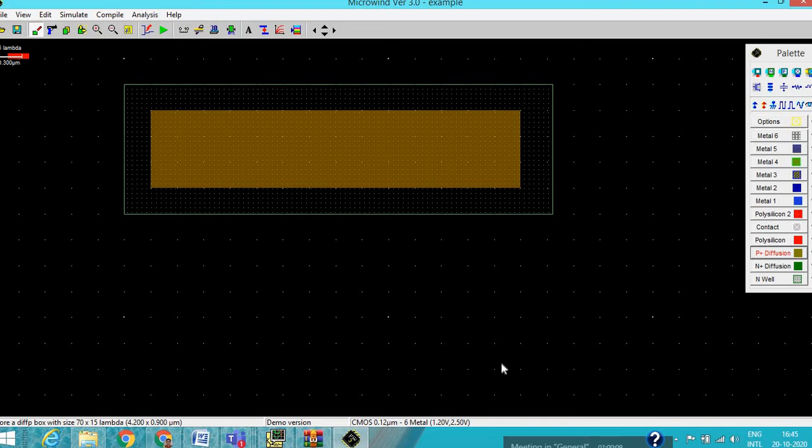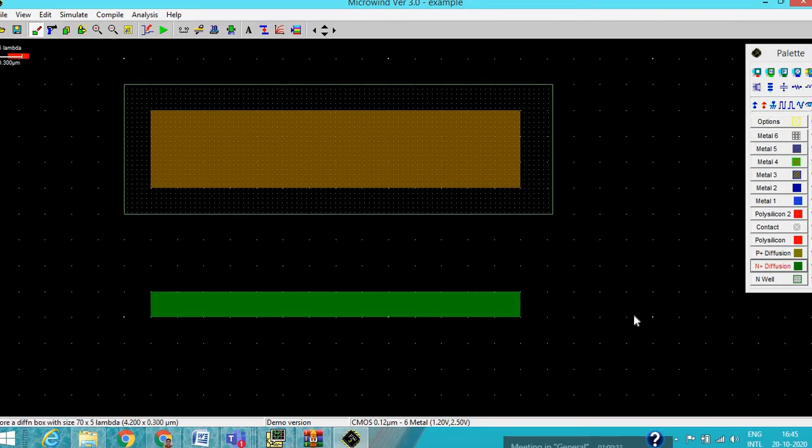And let me create an N MOSFET. By default it has the P minus, so directly we can start with the N plus. So let me have the N plus here. Now a polysilicon, this is the polysilicon, let me have,